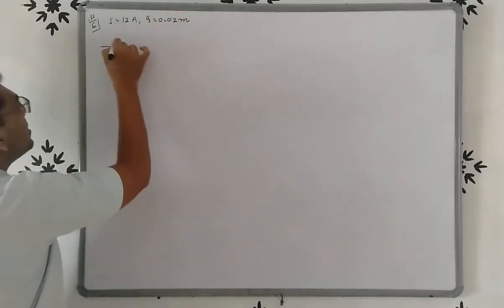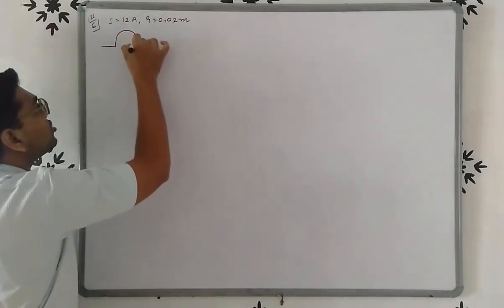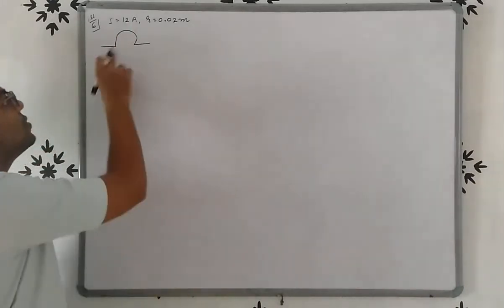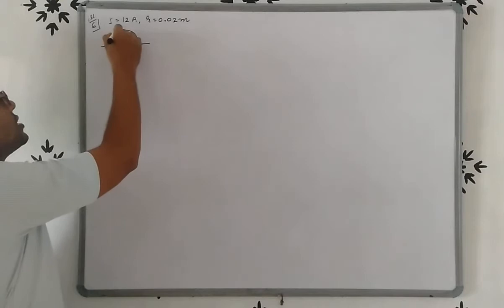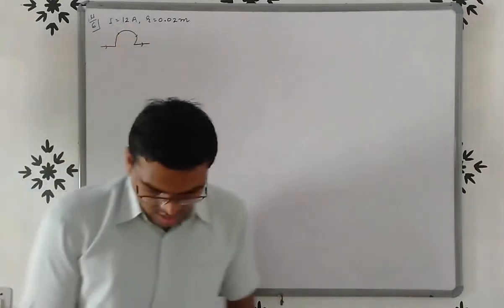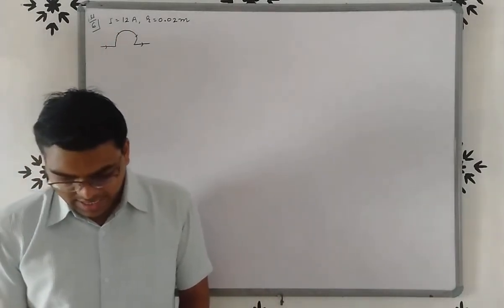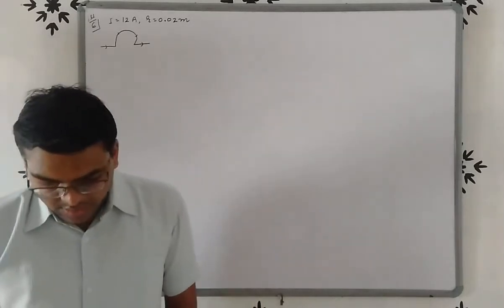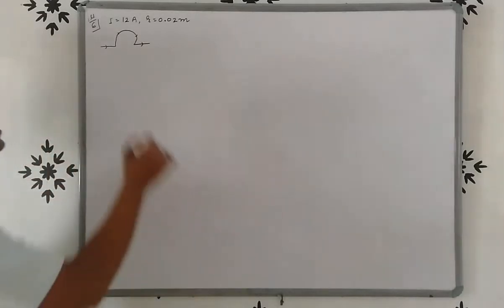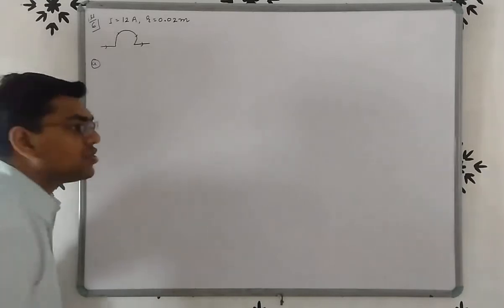So here, sorry friends, this straight wire is bent into this semicircle like this. Now the magnetic field we have to consider is at the center of the arc. First of all, what is the magnetic field due to a straight segment? So first of all, we have to find out the magnetic field due to a straight segment.